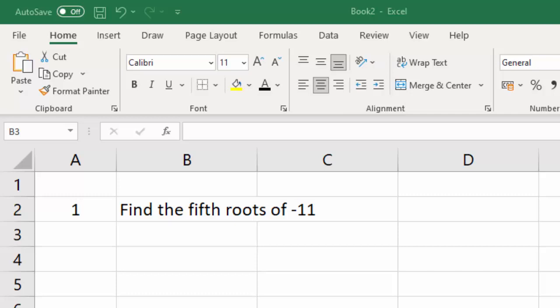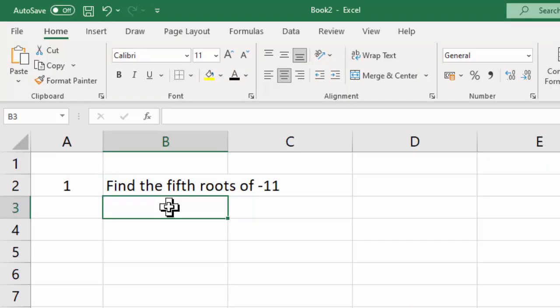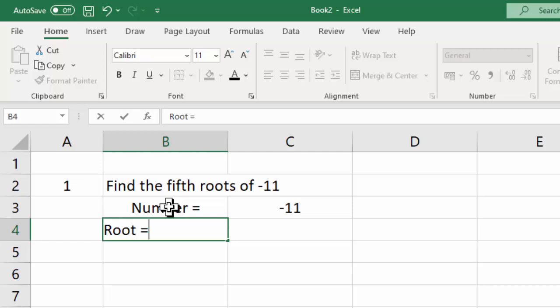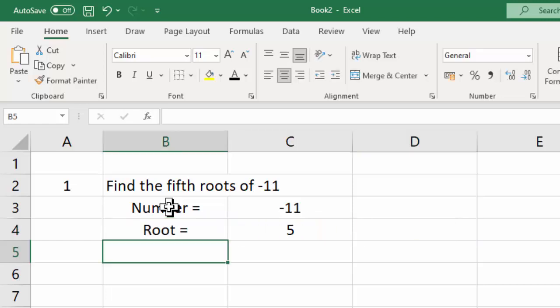Jack and Tom have asked me to make a video on finding the fifth roots of -11. So, first of all we'll type number, then root. The 5 roots of -11 are all on a circle, so we'll find the radius,